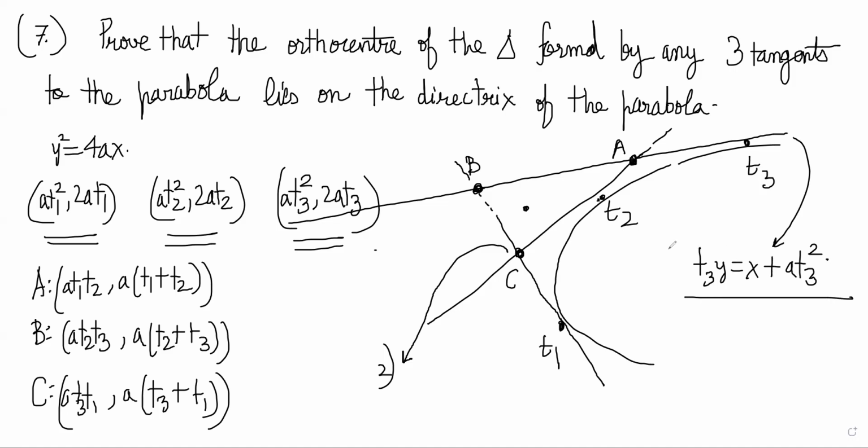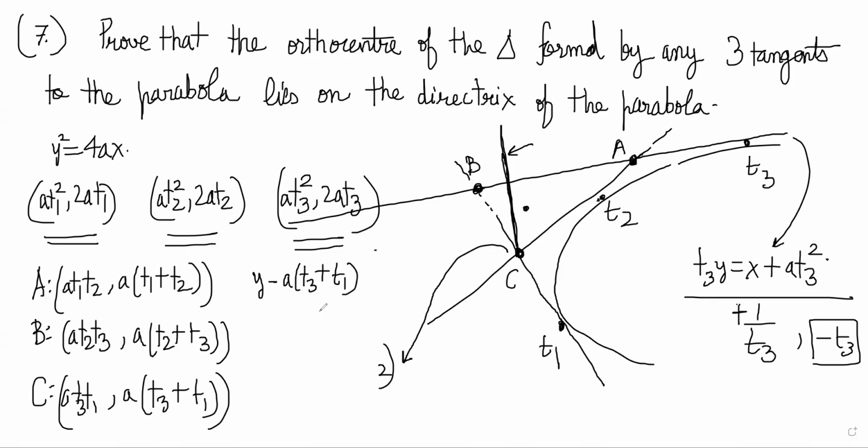So what is the slope of this tangent? Slope of this tangent is 1 by t3. So the line perpendicular to the tangent should have slope of minus t3, right? And the line perpendicular to the tangent and passing through C is the altitude, right? So the equation of this line should be passing through C. So it should be y minus a(t3 plus t1)